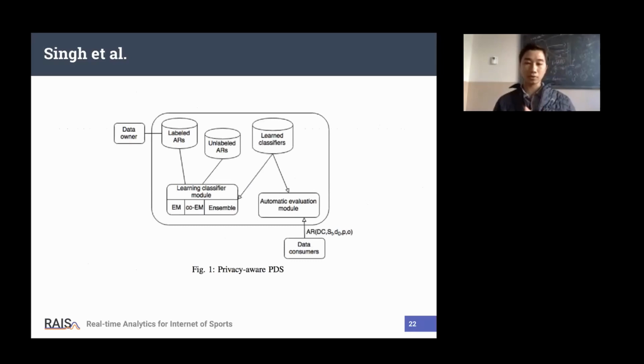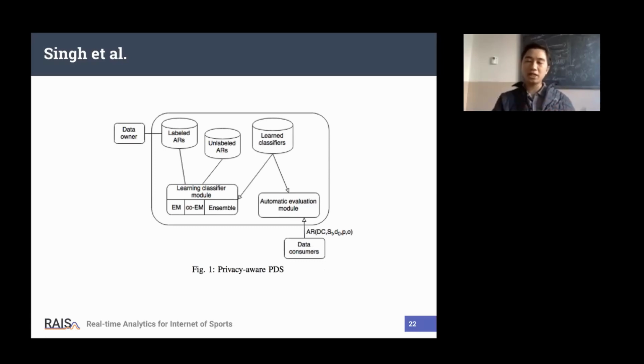So finally, the model, the privacy-aware PDS. As you see, we have 2 actors, data owner and data consumer. Whenever they send a request to the system, based on the knowledge learned from the previous access requests, they will answer this question directly, and they update this result to the database, and the new access request comes and is answered.